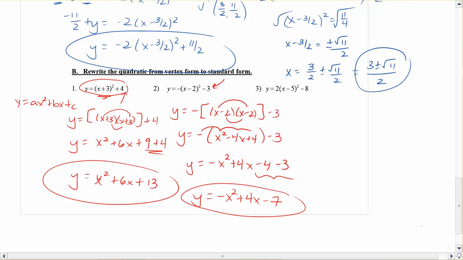Right? Go ahead and try number 3, and the trick to number 3 is that you have a 2 out front. Do not distribute this first. You're doing order of operations, so I'm doing parentheses and exponents first, meaning I need to leave the 2 alone. I'm going to have to do x minus 5 times x minus 5, and again, just kind of bring down that negative 8. Leave the 2 alone, FOIL what's in here,